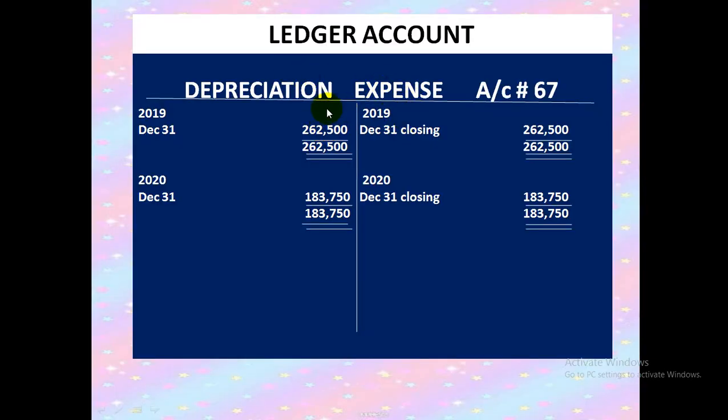The depreciation expense account will show you the debit amount here. The same amount will be shown as the closing amount. The account will be ruled off for this year. And then the 2020 depreciation expense debit and the same amount to be closed. The amounts are never added in depreciation expense, remember this. The ledger account is to be ruled off for this year. Assume any number as the account number.